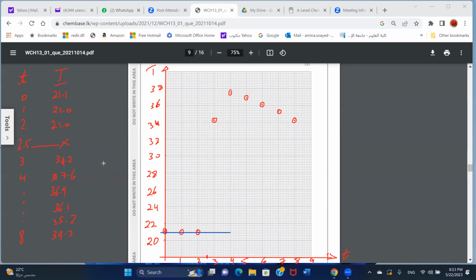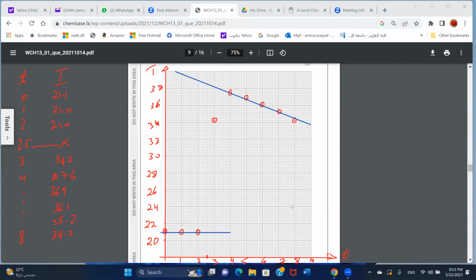Okay. The next points, you draw a line of best fit through them. Should this point be included or not? No, it's an anomalous point. Yes, it's an anomalous point, so we have to draw a line of best fit. So I'm not sure this is a good line or not. I'm going to remove it. Okay, and then